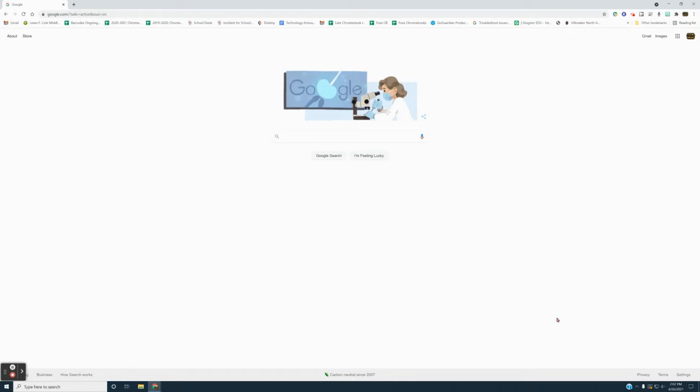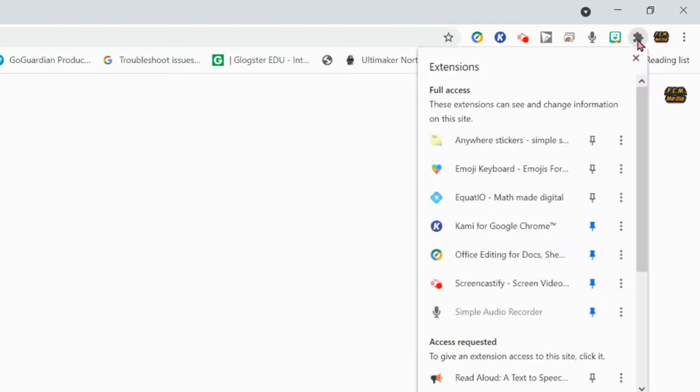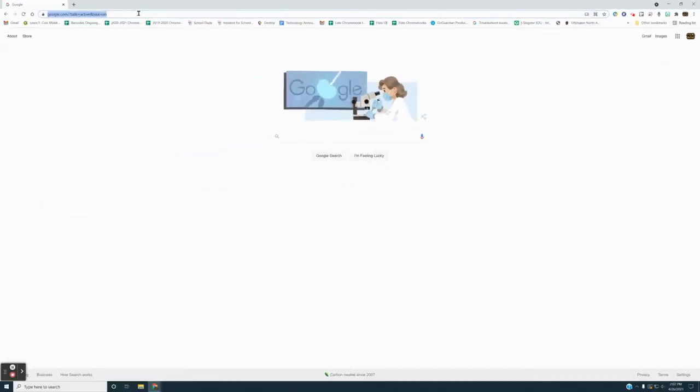So let's get started. The first thing you want to make sure you have is the Clever extension, and your extensions are up here in your Google Chrome browser. They're listed sometimes as shortcuts, but you can see all of them if you click on your puzzle piece. If you have Clever, it will be a blue and white icon, and it will say the word Clever. I do not see Clever here in my list, so I'm going to go to the Google